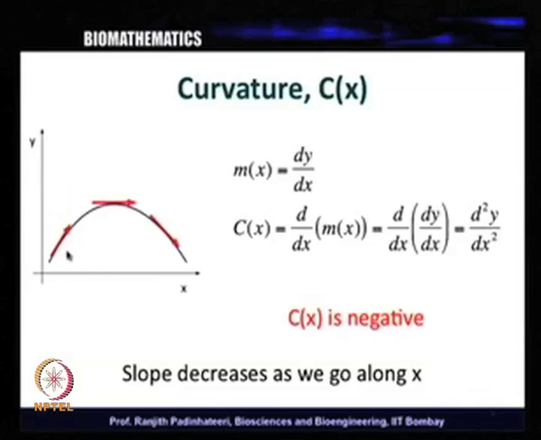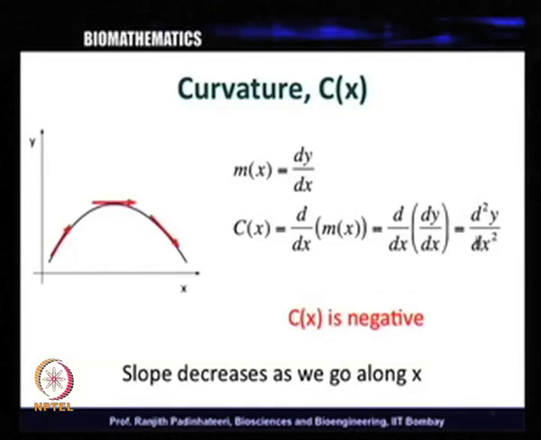So, you can calculate its slope at different points, and you will find that the slope goes from positive to negative, and then you can calculate how this slope itself changes. So, the change in slope, d by dx of m, where m is the slope,